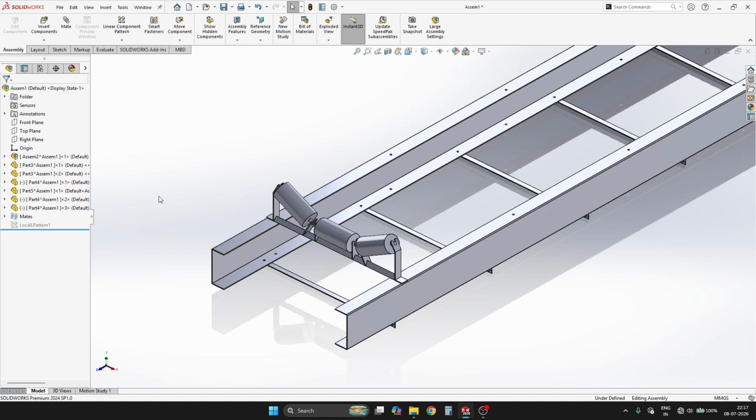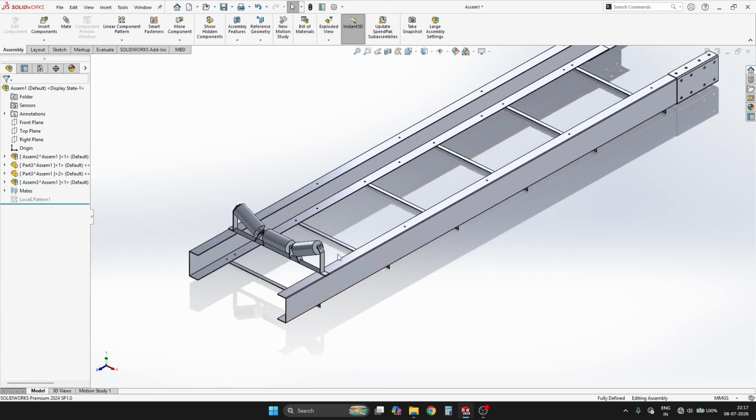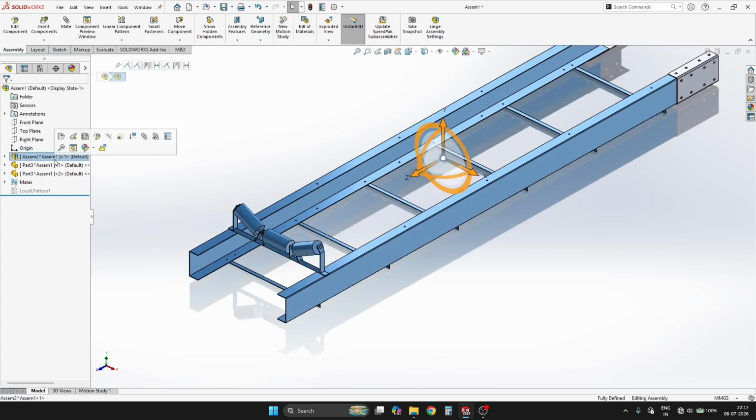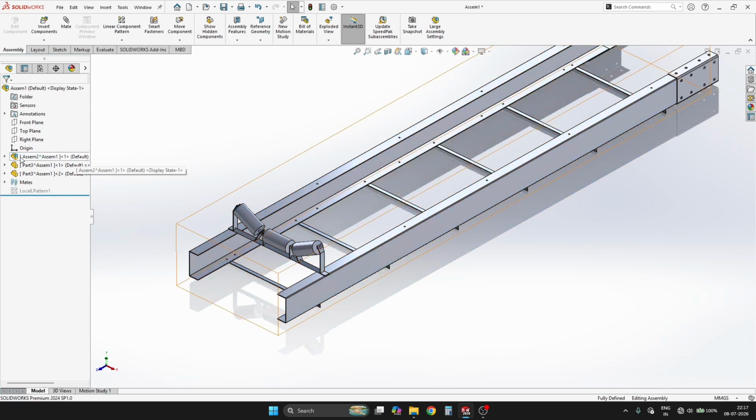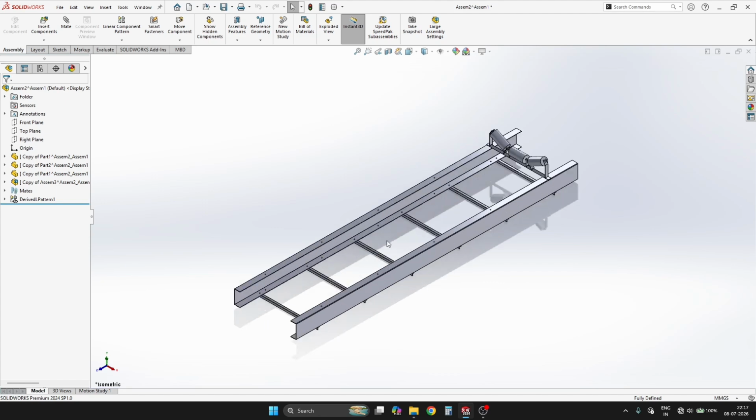Okay, what I want to do here, I'll keep this and this and this and this frame in a separate subassembly. Okay, I can use it multiple times. What I can do is open this subassembly in a new assembly and yeah,